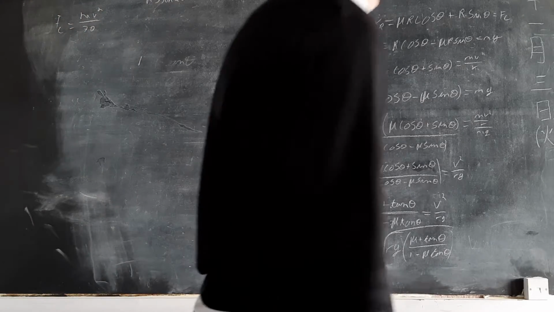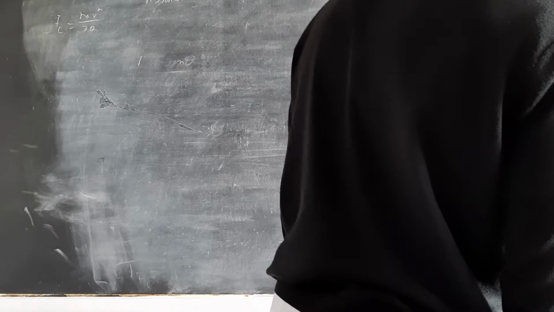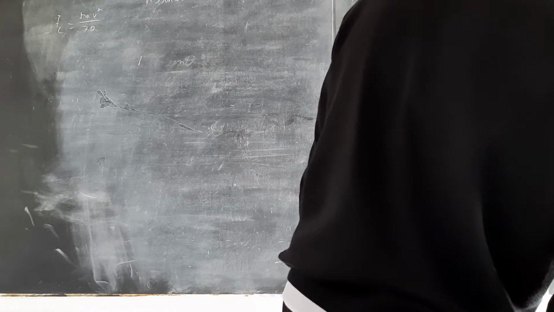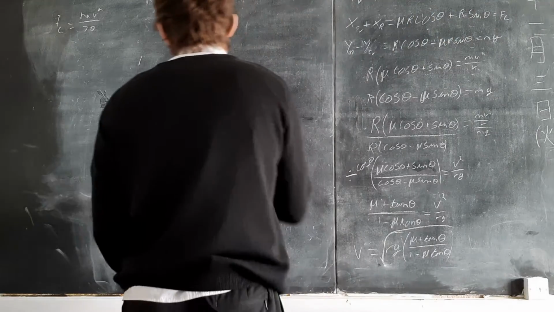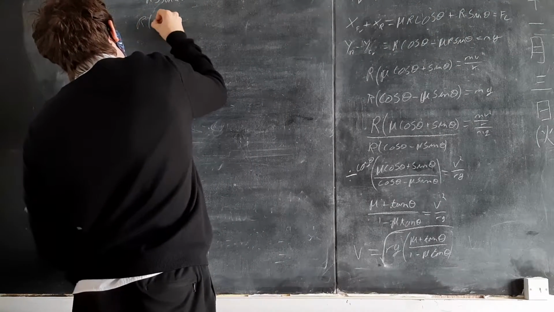why did I write it that way around? Why didn't I just add them in the first place? Don't know, oh well. R sine 20